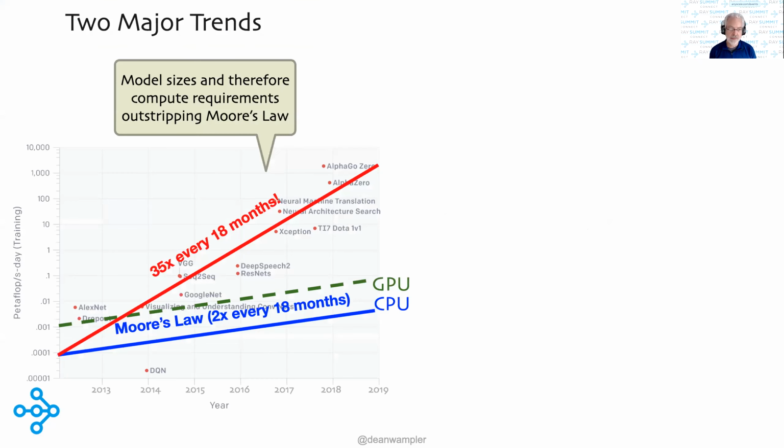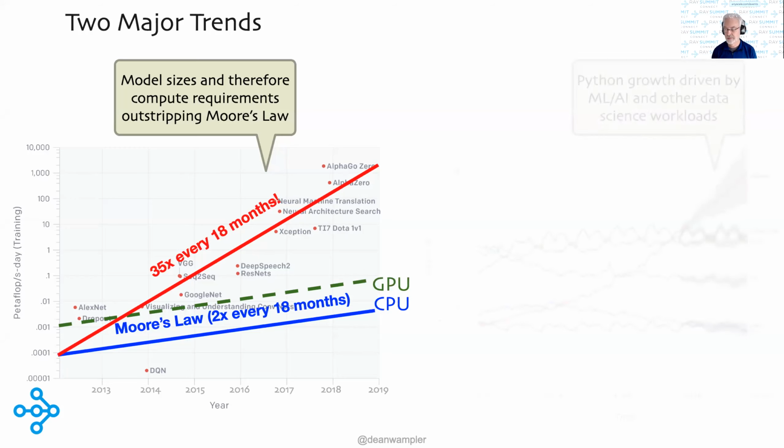Well, it's really in reaction to two major trends we've observed over the last several years. The first one is that if you look at the sizes of neural network models that people are developing, they are going up by a factor of like 35 times in size every 18 months. You know, in contrast, this is a log plot. So in contrast, Moore's law goes up 2x. Ergo, you have to do distributed computing if you're going to keep up. If you're going to actually finish things in a reasonable time, you're just going to have to go distributed to